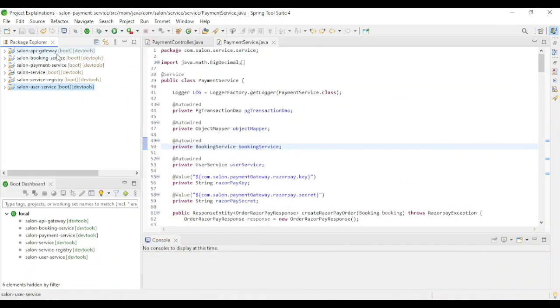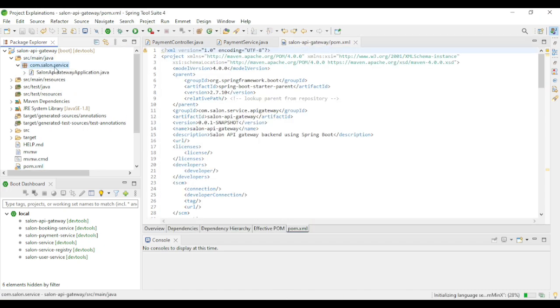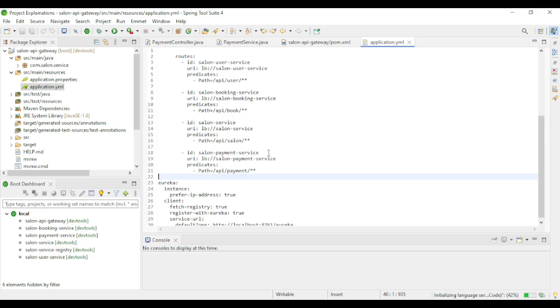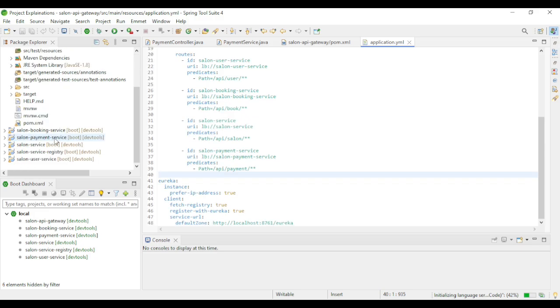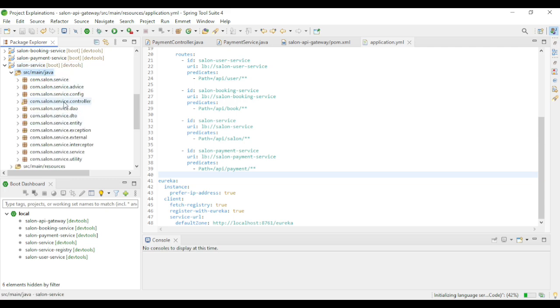Now let's see the project structure of each microservice. We can see it is a Maven structure, and here we can see the pom.xml. All the dependencies which are required I have added in the pom.xml in each microservice. Let me open the src main java and the resources folder also. Here only one package is there, and in the application.yml we have configured the complete routing in the API gateway. And talking about the Salon service, in this multiple packages are there,